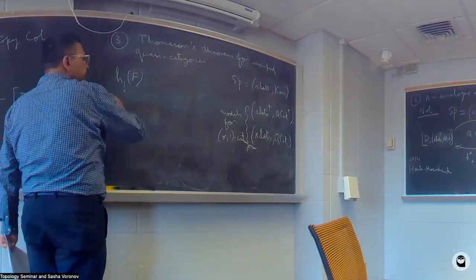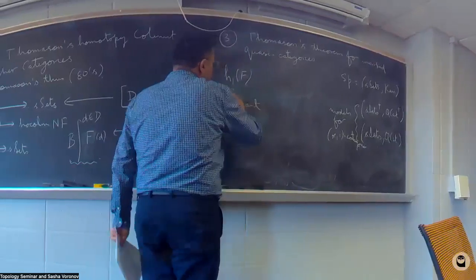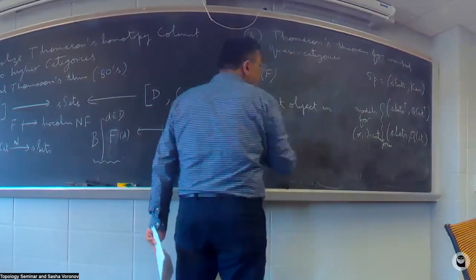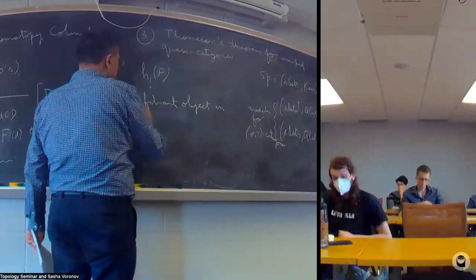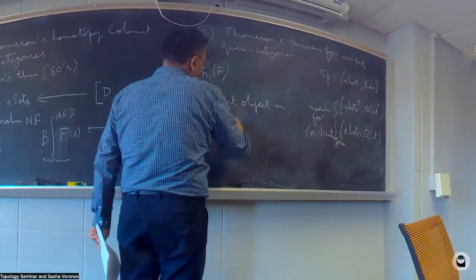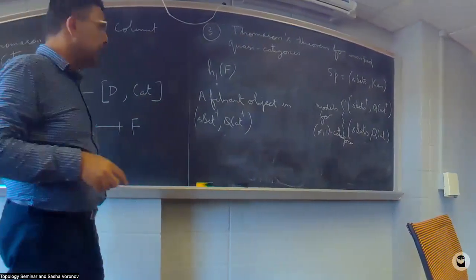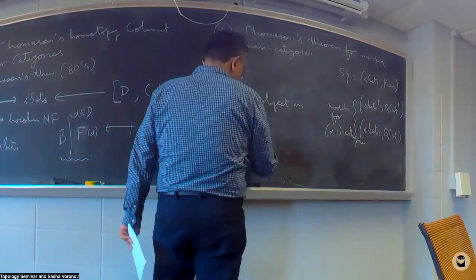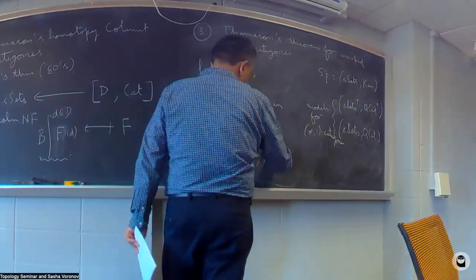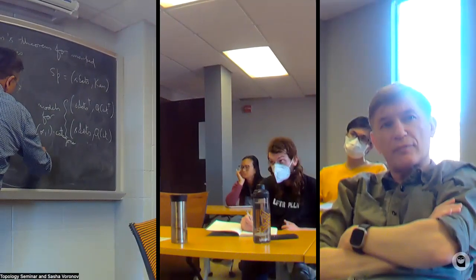So, this is a pair X, epsilon. X is a quasi-category,